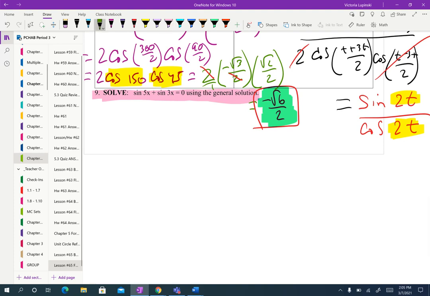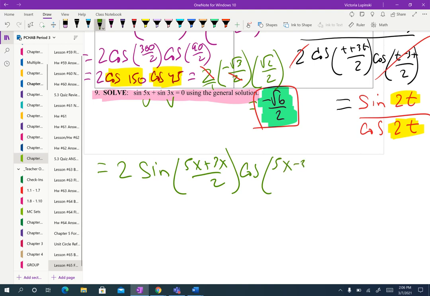And the reason why that would be good is because you can then use the zero product property. So again, u to start and v to finish. You have to make sure you're selecting the right formula. So it's 2 times the sine of the two things being added divided by 2 times the cosine of the two values being subtracted over 2